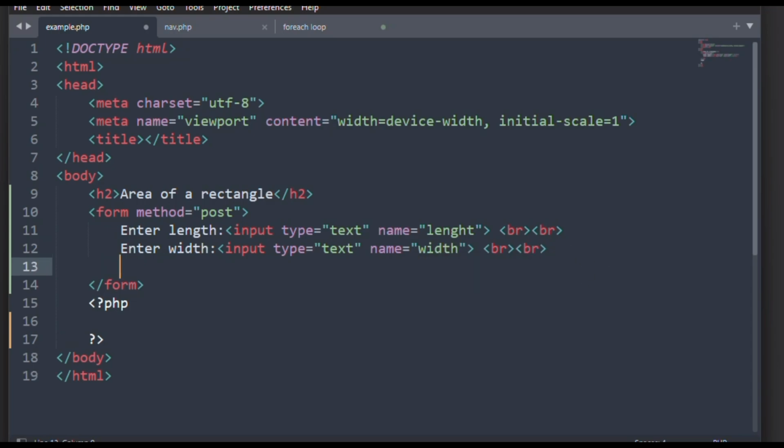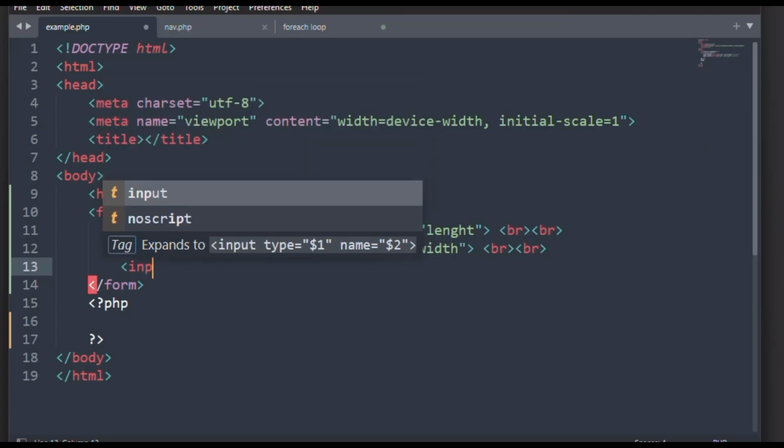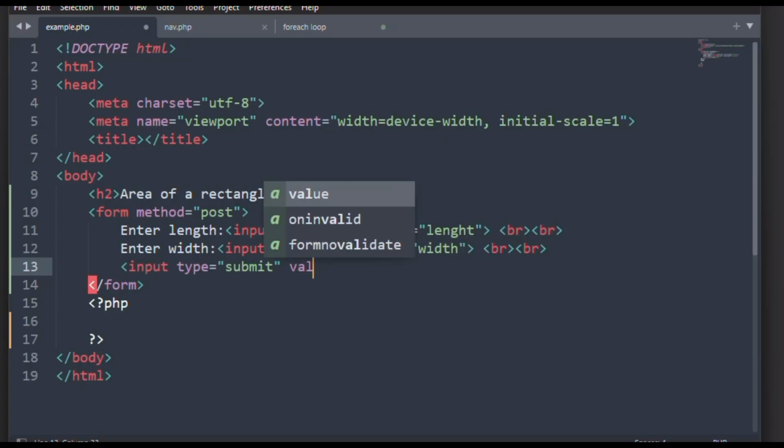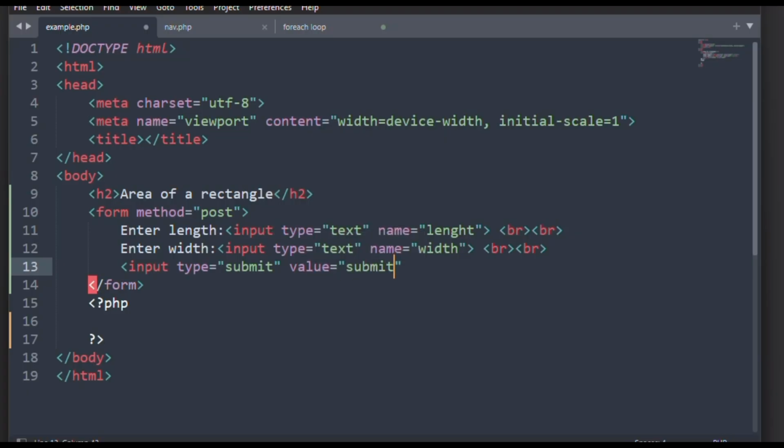And one more input field for the submit button. Type is equal to submit, value is equal to submit, and name is equal to submit. Now after this, I will remove this PHP,